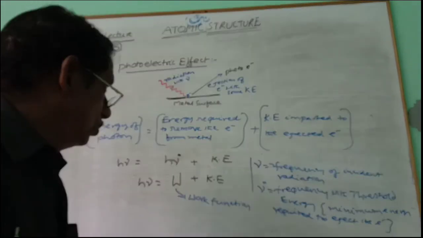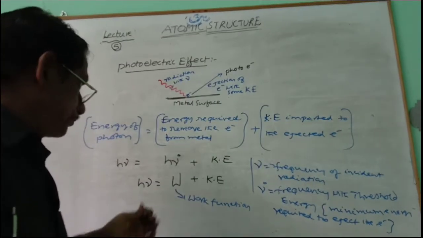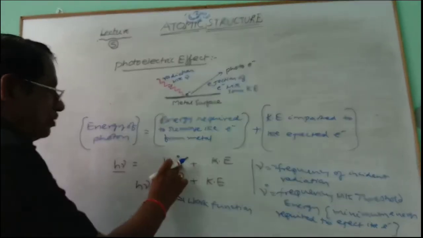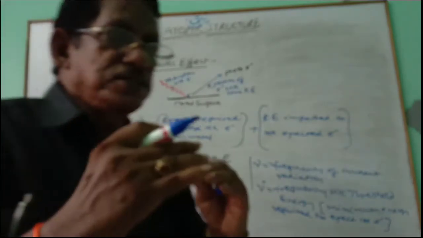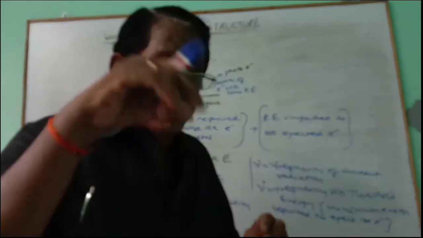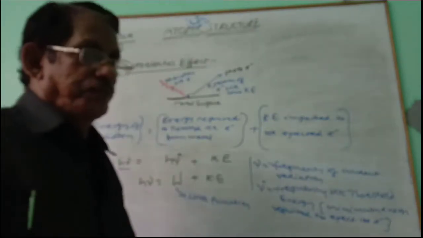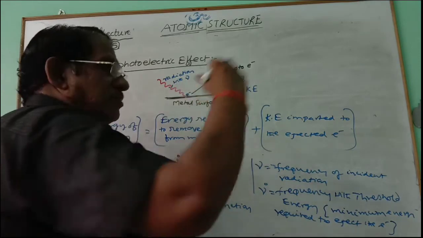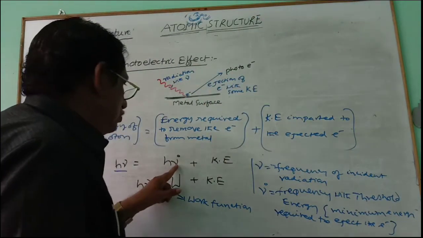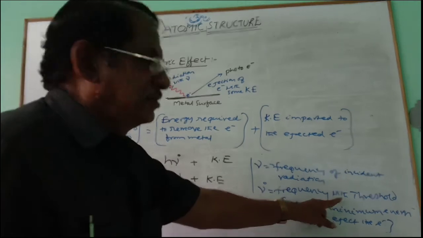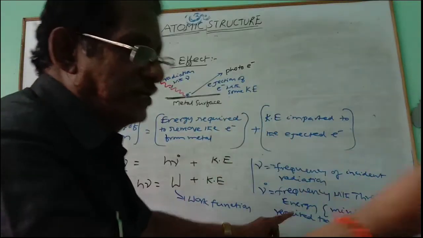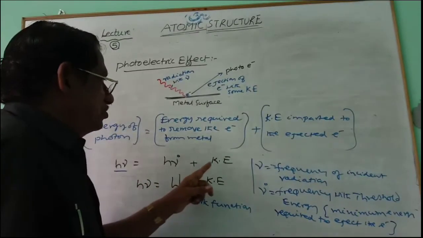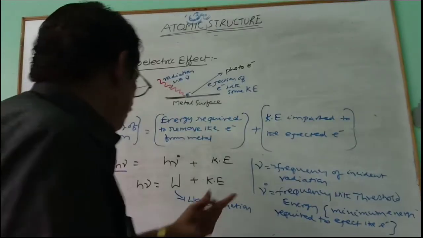Here, nu is the frequency of the radiation. Nu naught is the frequency corresponding to the minimum energy required for the metal. That minimum energy is contained in the radiation of frequency nu naught, which carries energy just sufficient to surpass the energy required to remove the electron. And so h nu naught is the threshold energy, that means the minimum energy contained there, plus kinetic energy KE, which is equal to half m v squared.